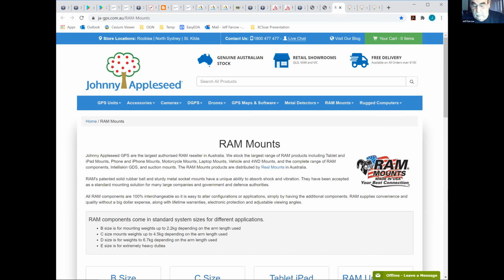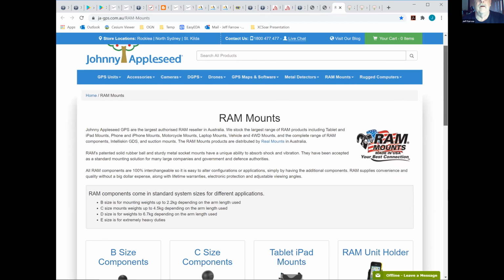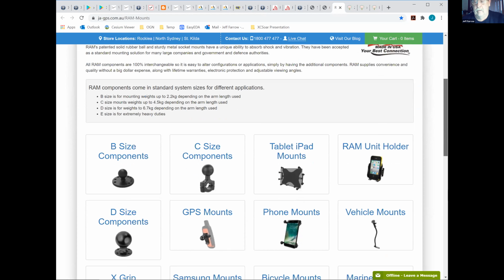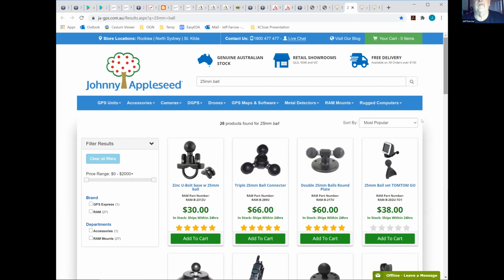In Geelong, all our gliders have a RAM mount fitted in them, and we've gone for the B-size one, the smaller one. It's good for 2 and a bit kilograms, which is heavier than anything we're going to be using. And they come in quite a few various types of setups.